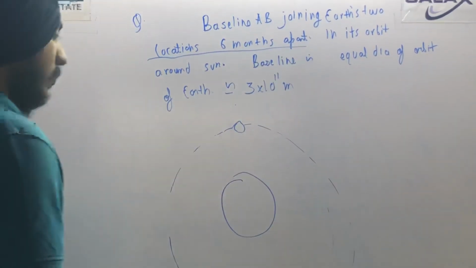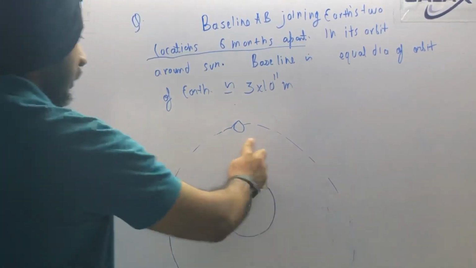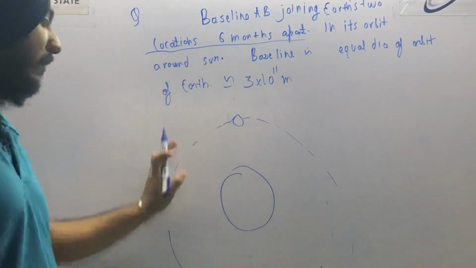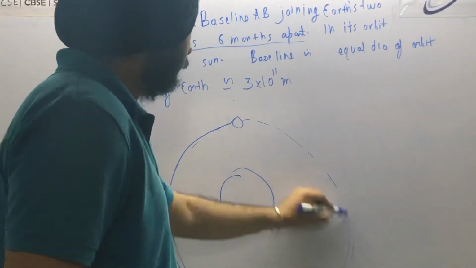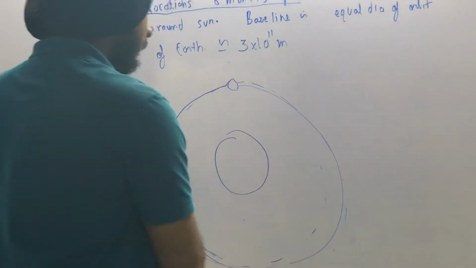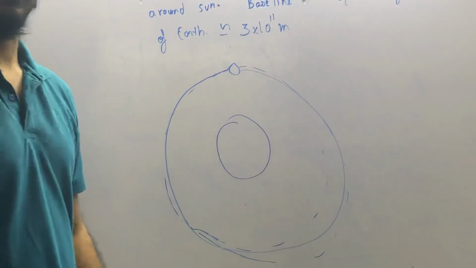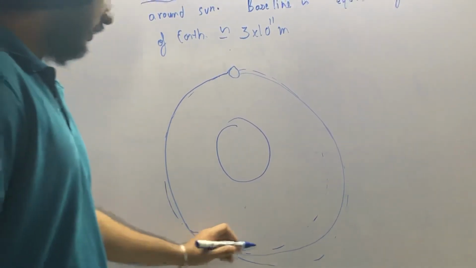So you all know that when Earth does a full revolution of 12 months, it comes back to its original position. Yes, because one full revolution is known as 1 year. You all know that. Okay, this here is the revolution of the Earth. After 12 months, Earth comes back to this position. But after 6 months, where will the Earth be? Earth will be somewhere here.